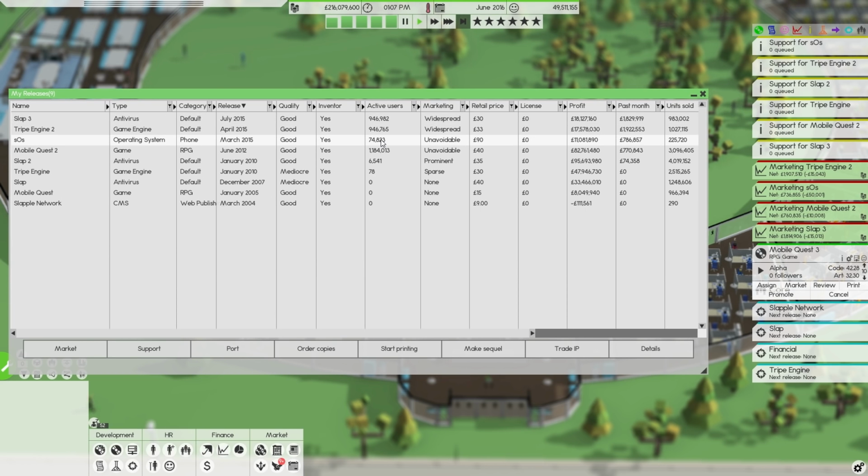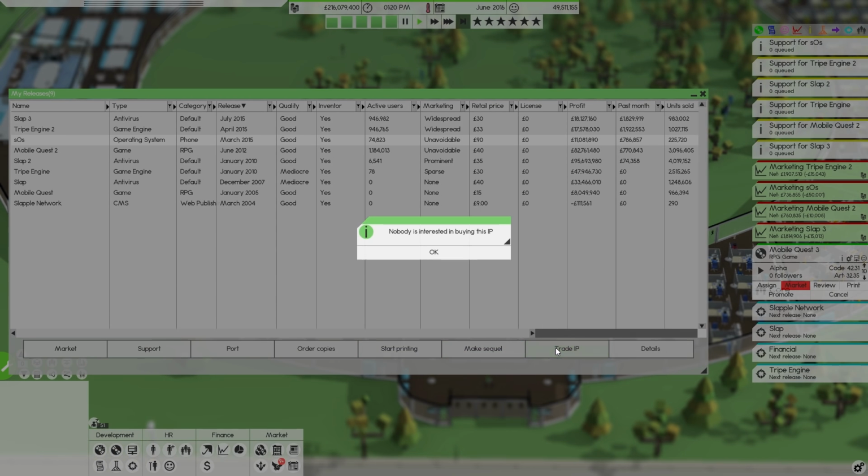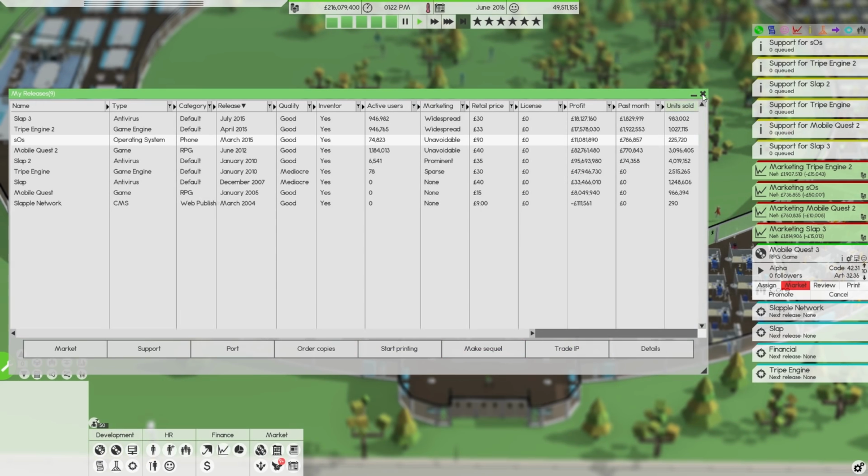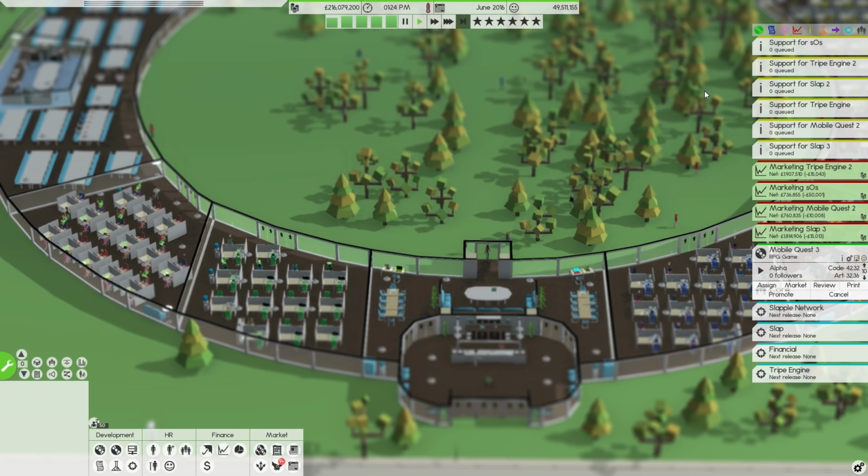But then SOS comes along, and SOS just hasn't even sold 250,000 units yet. And that's so disappointing. We can't even sell the IP. I was going to say we could try and sell it, but no one wants it.